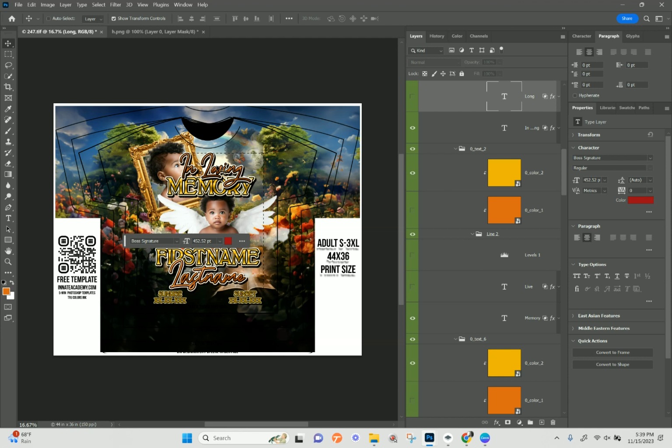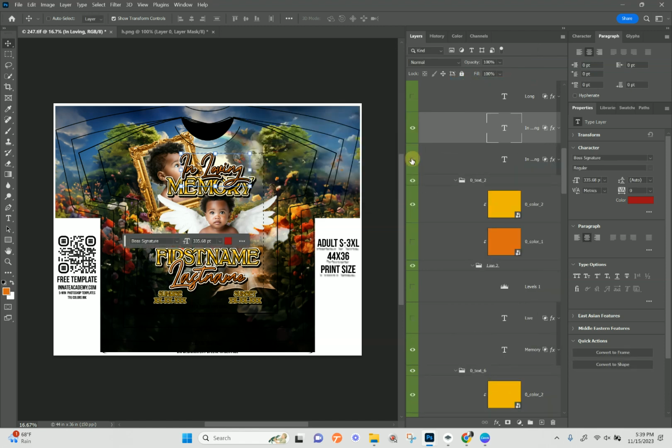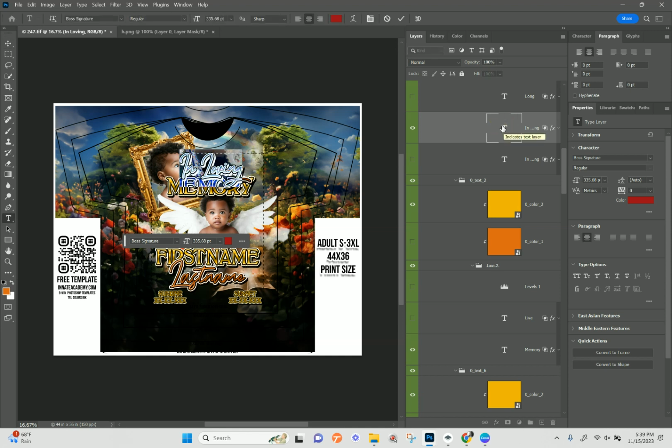And you have to kind of think. You have about 6 lines of text with every design, and you want to see how you want this text to play. So in loving, I can take this one, and then I'm going to duplicate it. I'll turn off the other version, and then I'm going to double click right here on the T. And this one is going to say,